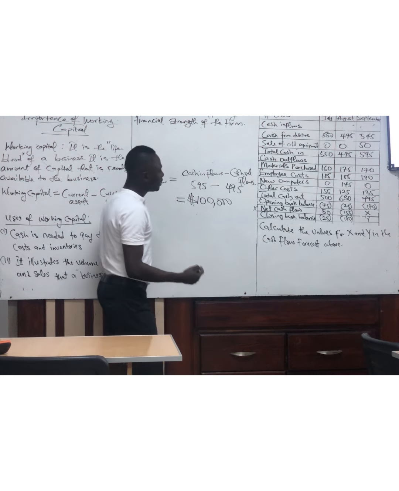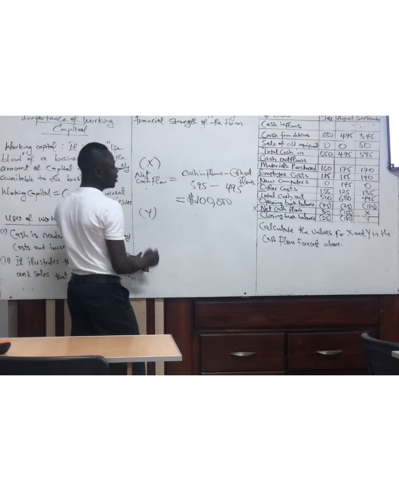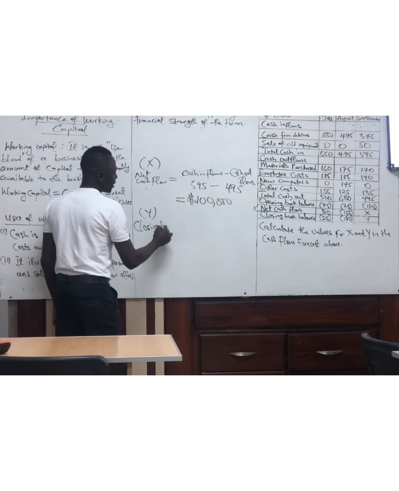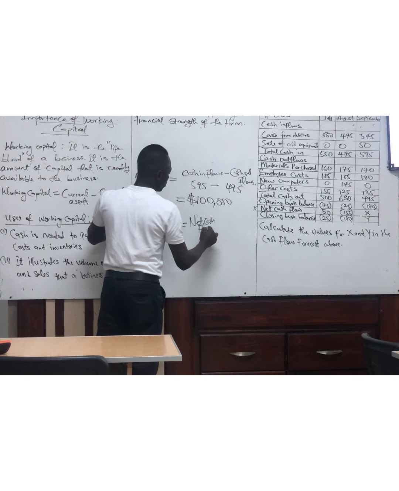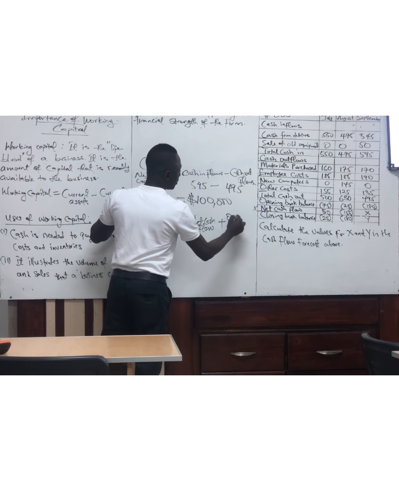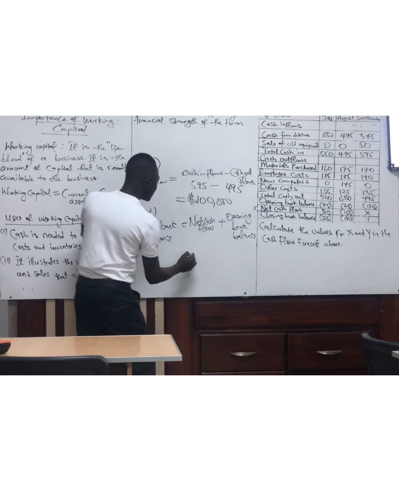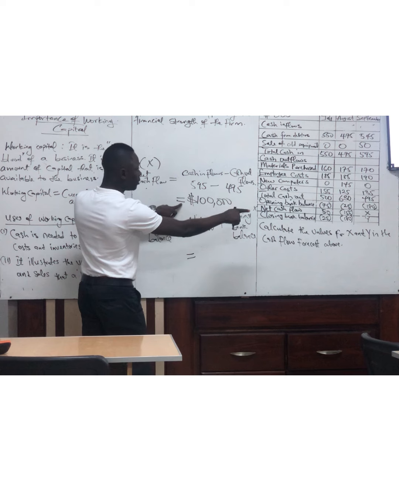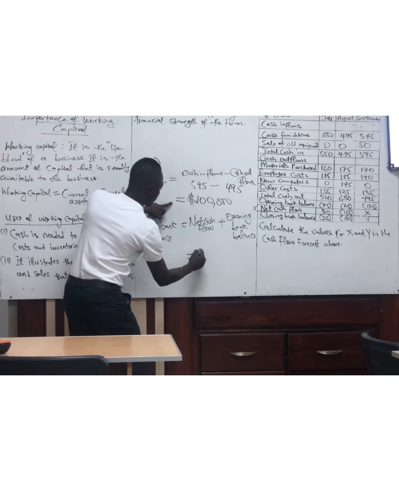Then our Y, what is our Y? What do we need to find with Y? Closing bank balance. So for closing bank balance, it is net cash flow plus opening bank balance, right? So what's our net cash flow? This is our net cash flow for September, right? Yes. So we have 100,000